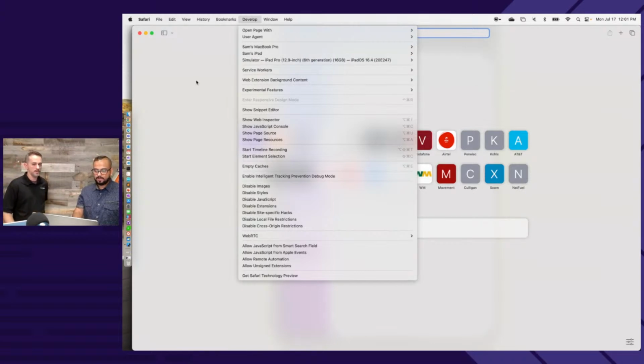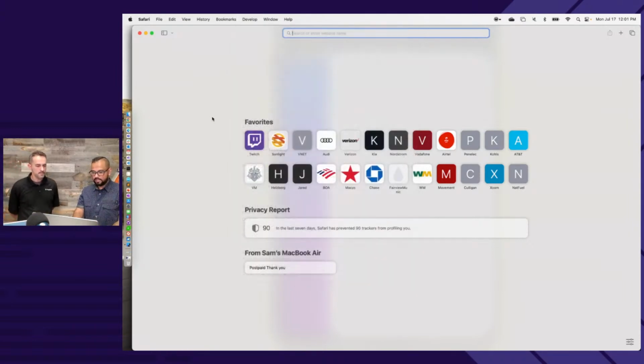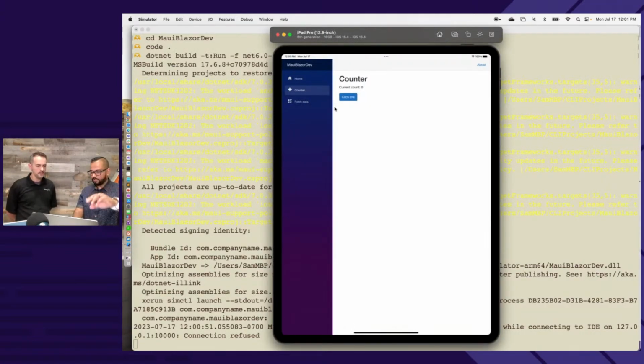Okay. Don't know how that works in Safari. Yeah, I was just trying to show you the Safari game. It has to do with maybe debug mode that I did not run this on debug mode. Maybe it was a release build. But you can absolutely do DevTools and be able to muck with HTML, CSS, JavaScript while your Blazor app is running.